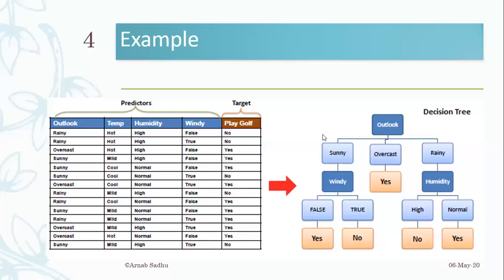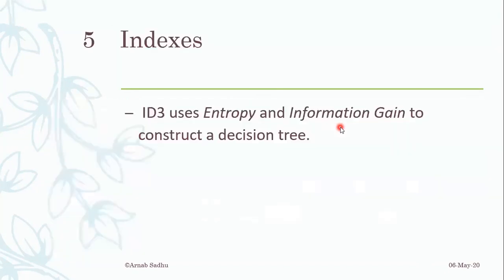There are basically 4 or 5 algorithms to build a decision tree. ID3 is one of them, and there are many other algorithms, but we will study only one, the ID3 algorithm. And the ID3 algorithm uses two parameters for taking decision or splitting. Those parameters are entropy and information gain. Basically one parameter is there, information gain, and information gain is computed via entropy.